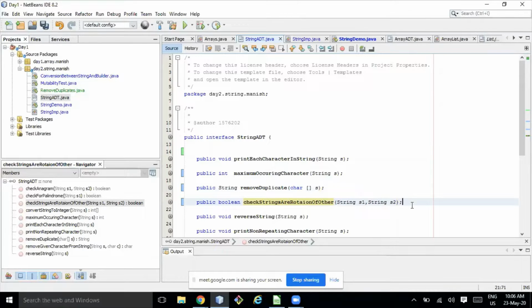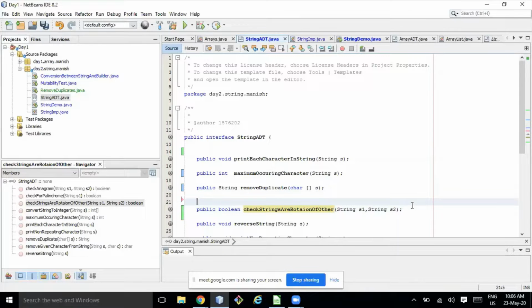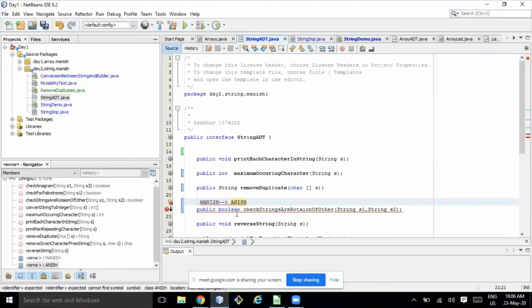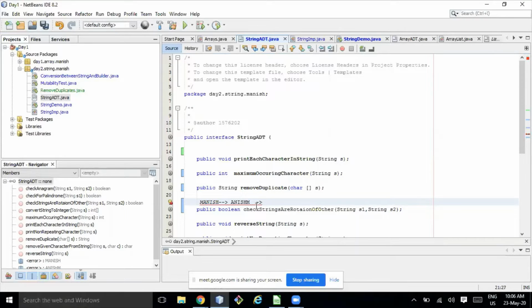I think we have discussed one problem related to rotation in array classes. So let's say my name is Manish. How can we rotate? If I want to rotate one by one, then I can write ANISHM, and the element which is at zeroth index will be moving to the right. If you want to rotate one more time, then I can write NISHMA.